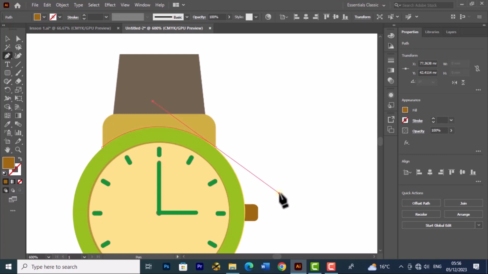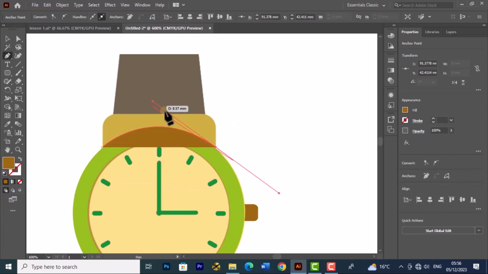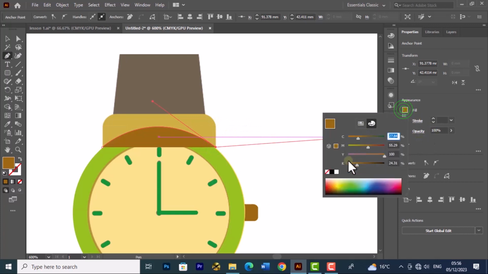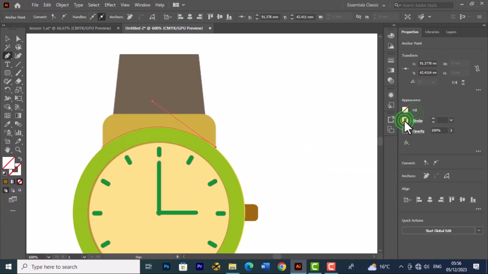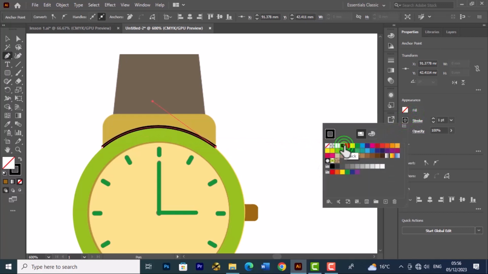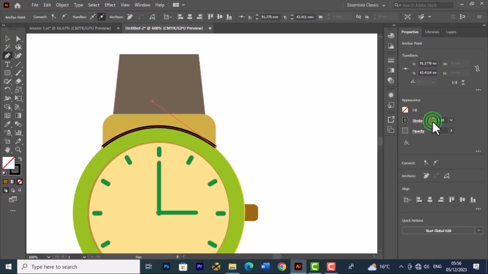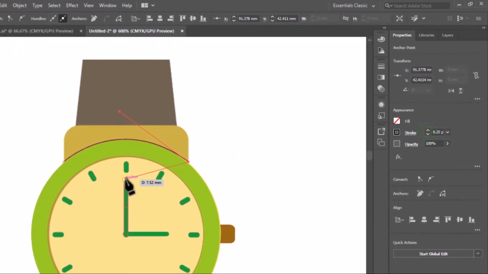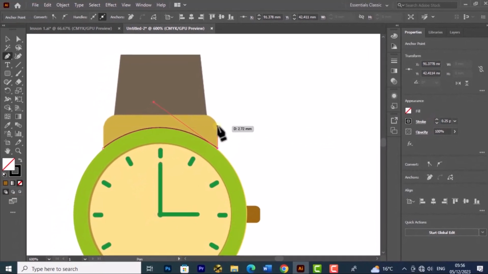There we go, and that's the perfect curve. Release it, and then I'll just come back to the anchor point. Let's remove fill color, and then add a stroke. Let's reduce the size. There we go. Come back over here,